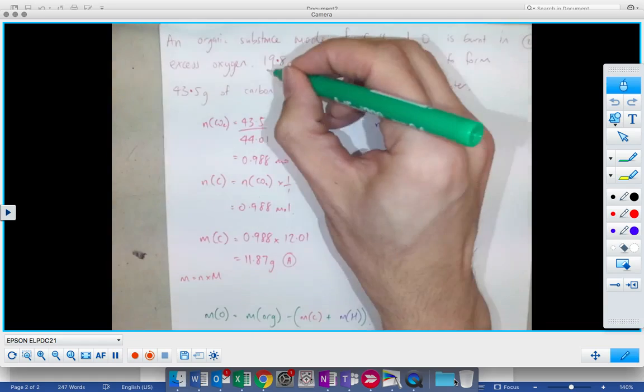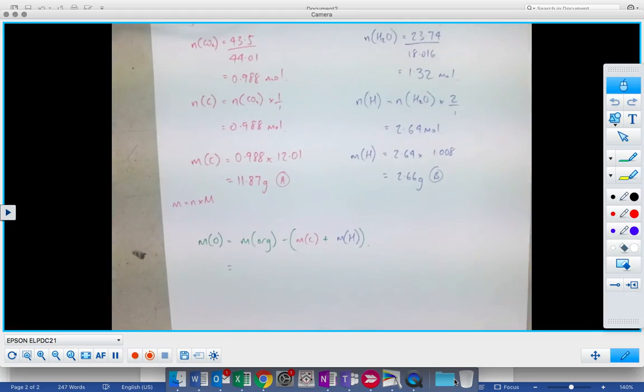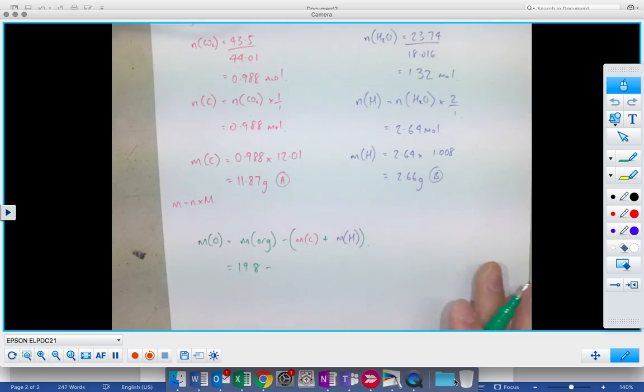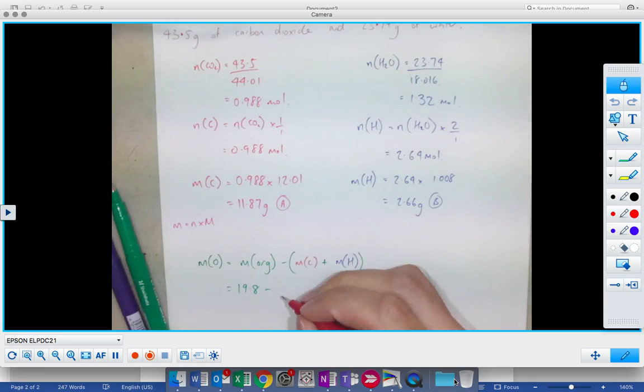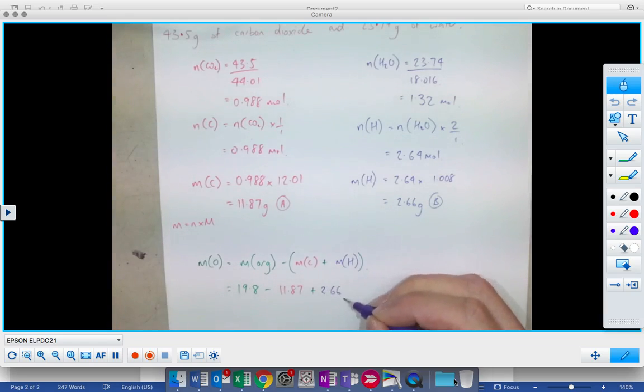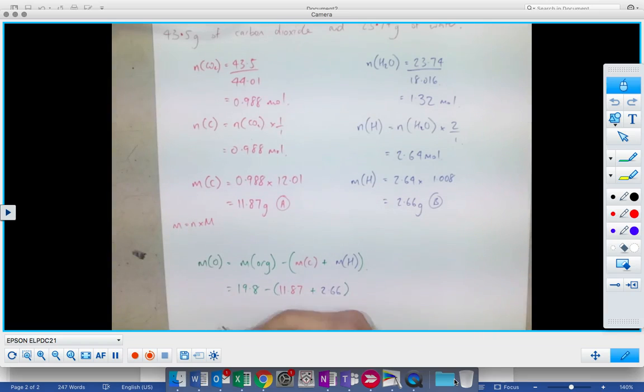It's 19.8 grams. So 19.8 grams, subtract the mass of carbon, 11.87, and the mass of hydrogen. Can you see what I've done wrong there? Brackets are important. So, I do 19.8 subtract bracket A plus B bracket, and I get